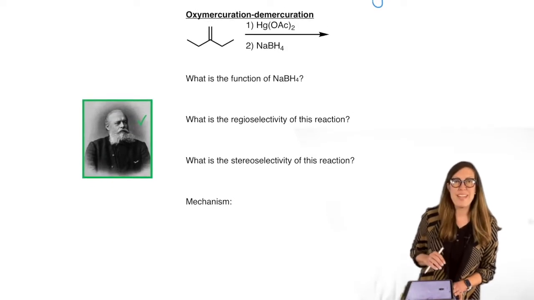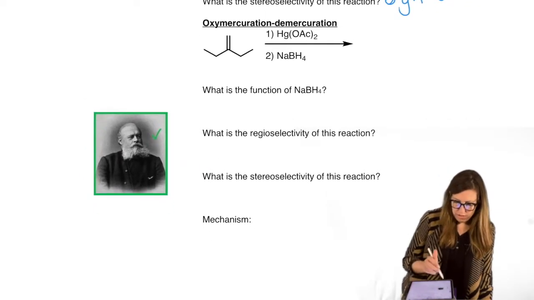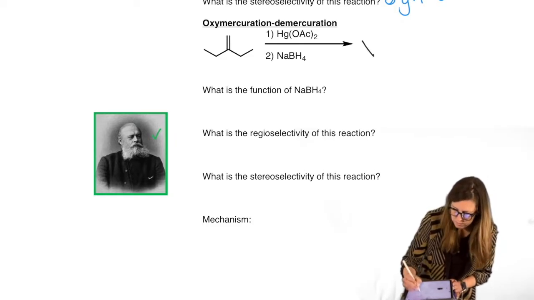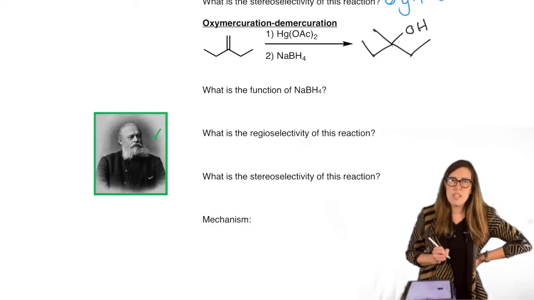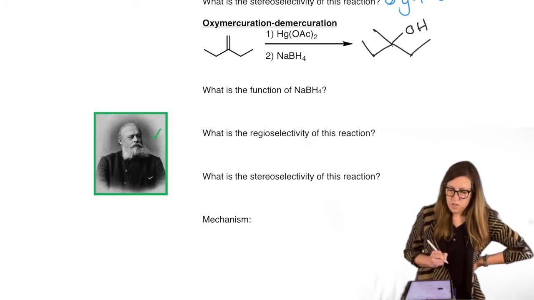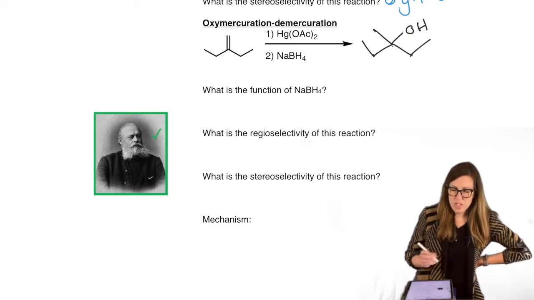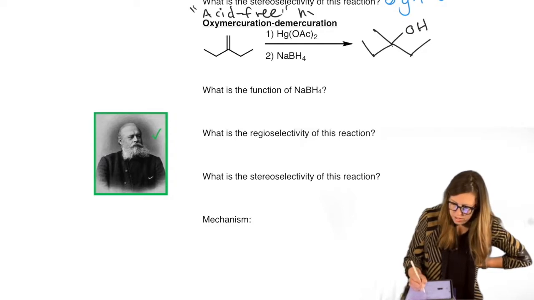It's our last one. We're doing number 3. This one is called oxymercuration demercuration. I'm going to draw the product for you. See if it looks any different than if you could have formed this product another way. If you thought, well, I know how to do that with acidic water, you'd be correct. So this is the so-called acid-free hydration.